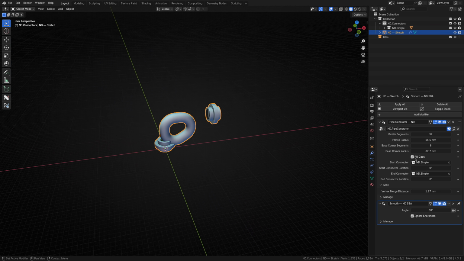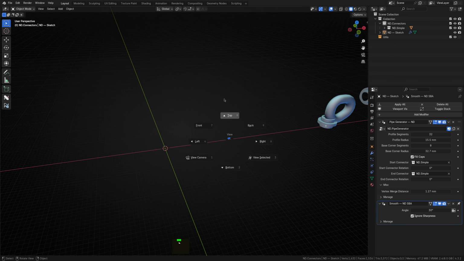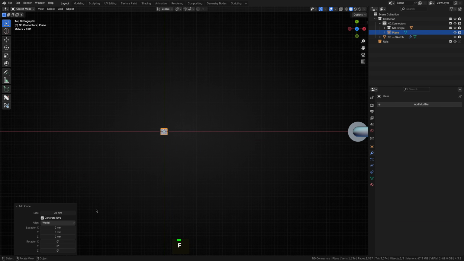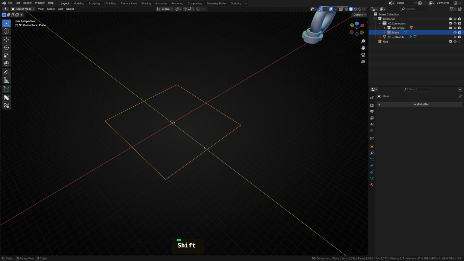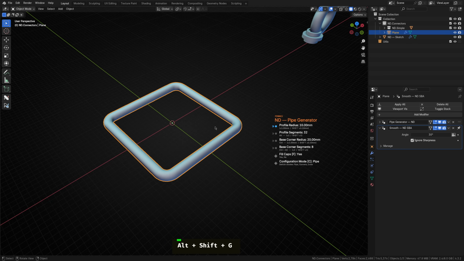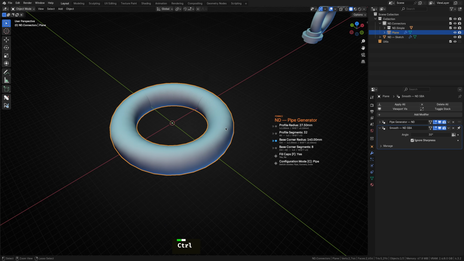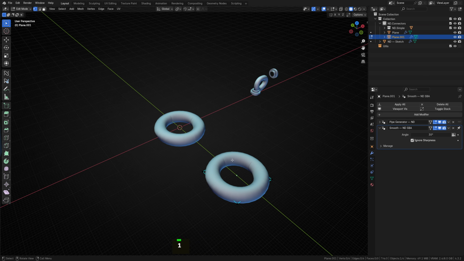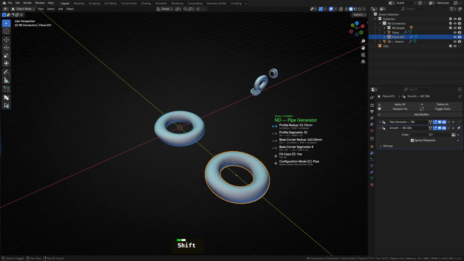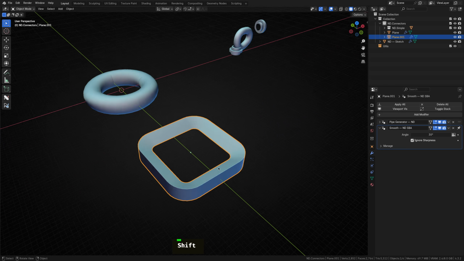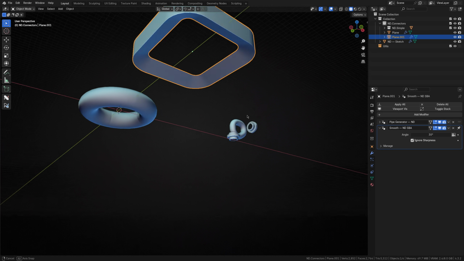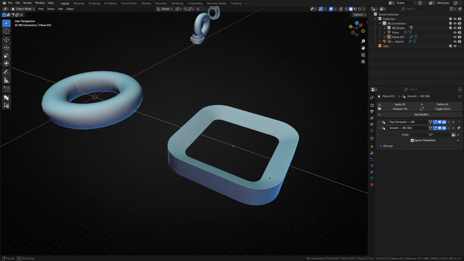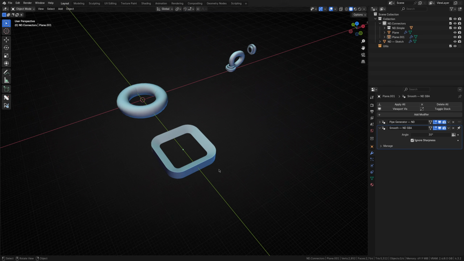This can generate some additional interesting shapes. For instance, if I add in a plane and then delete the face, leaving just the edges behind, then run the pipe operator on this, you can create a non-destructive torus. Or, if I go back to a more rounded square shape and set the segment count down to 3, we will end up with another interesting detail piece. The pipe generator can be hacked like this in various ways.